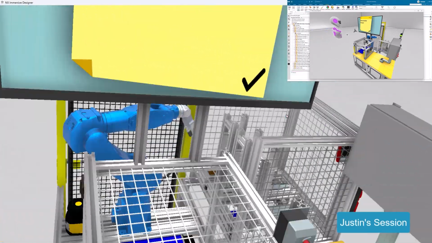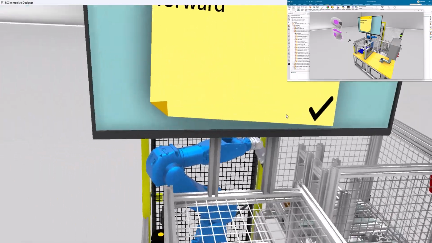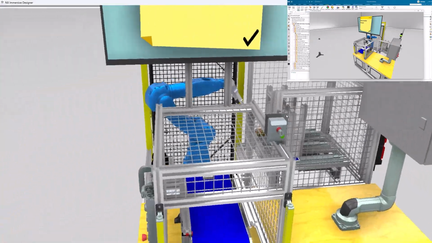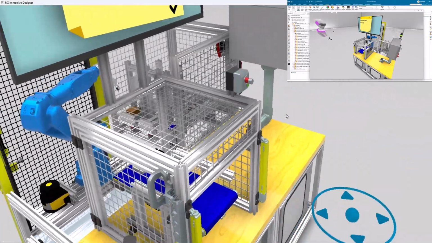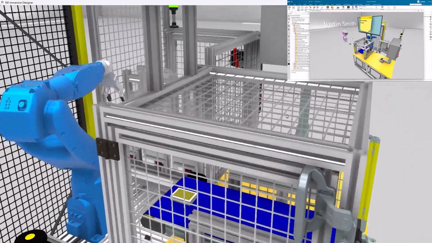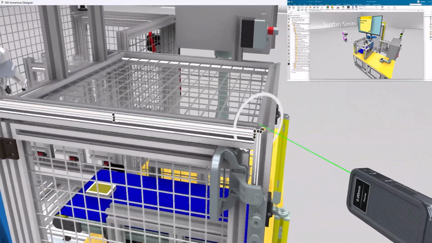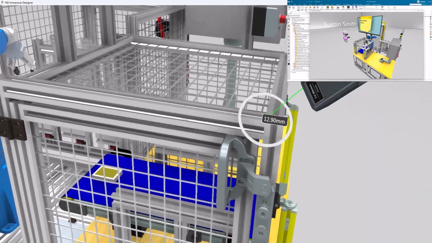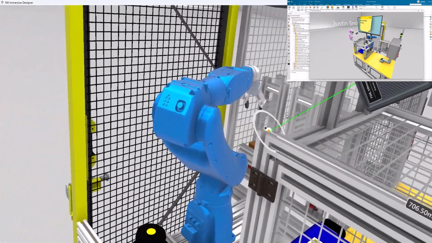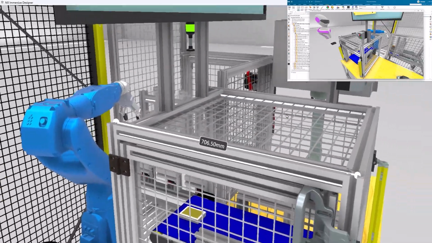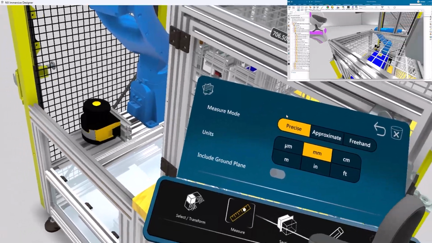I only show the use of sticky notes and the measurement tool here, but for more in-depth design review, I can also use tools like Section View, Drawing, which allows me to directly mark up parts, change the environments, and even move parts of the assembly by grabbing individual components. All of this can be viewed by other meeting attendees, and multiple meeting attendees with headsets can interact with these changes.